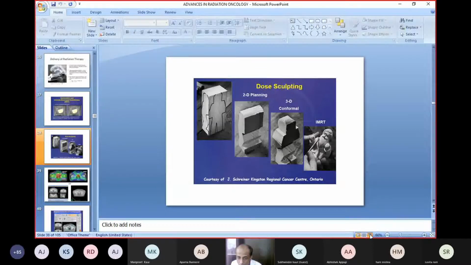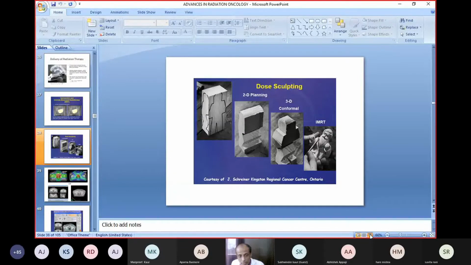And if we go to higher modalities of treatment, which is called IMRT, intensity modulated radiation therapy, then we carve out, you have to imagine like we are carving out the body exactly how the shape is, and we can deliver different types of doses to the head, to the neck, to the hand and to the body, wherever we want, however much dose. So that is something called IMRT. So this is the basic difference between 3D CRT and IMRT.